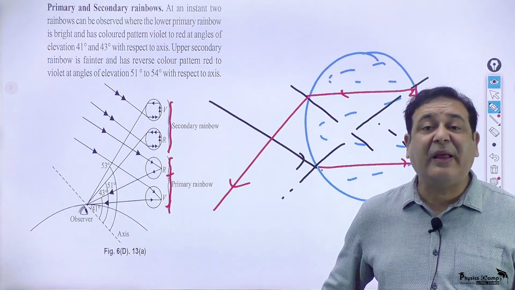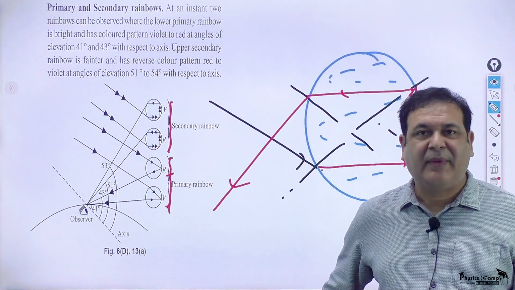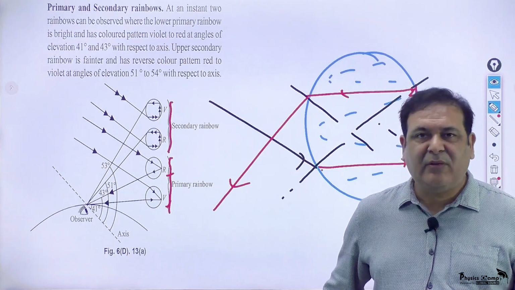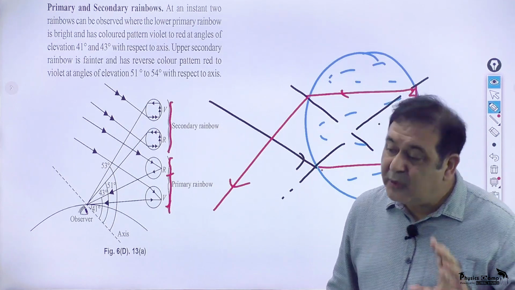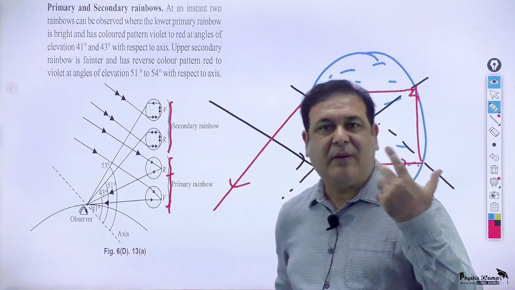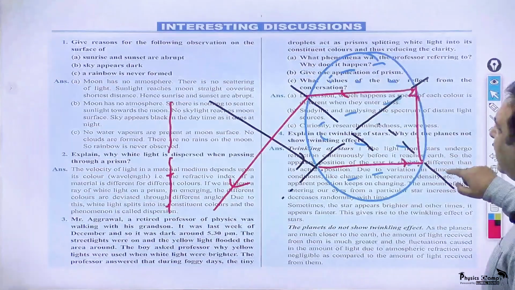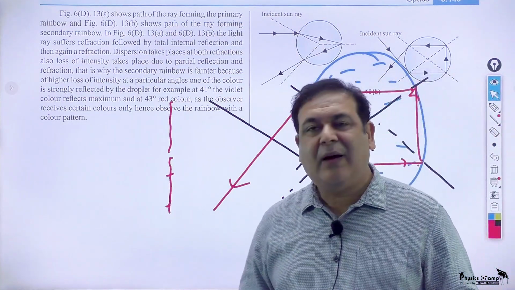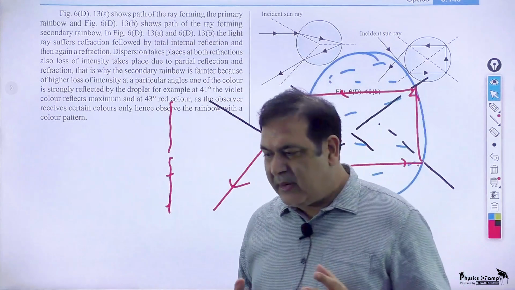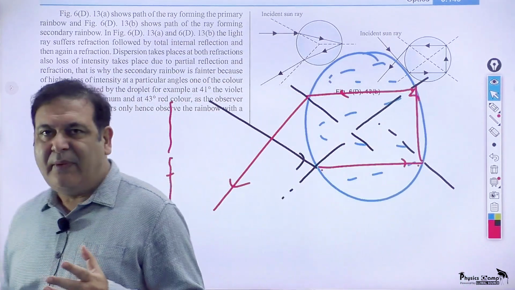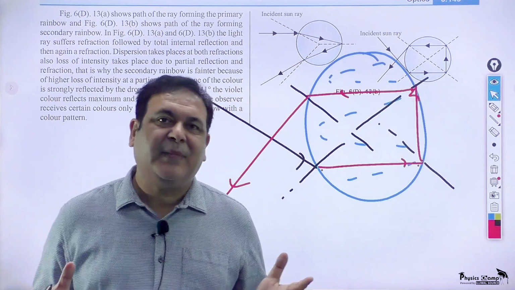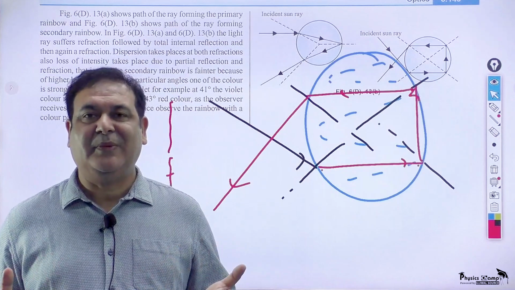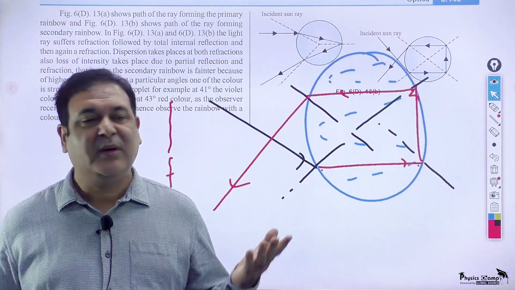But if the sunlight is quite bright and you are higher on the axis, maybe in a mountain area, you will see the complete curve and you will see both the primary and secondary rainbow quite clearly. So that's how it is, and I hope you could understand it well. So you now have a good understanding of the concept of dispersion, the amount of scattering, and also a rainbow. We are in a good position to talk about numericals now.